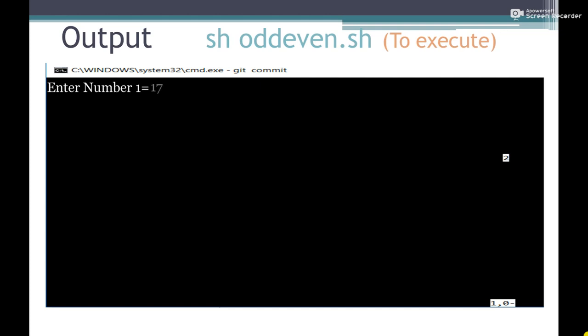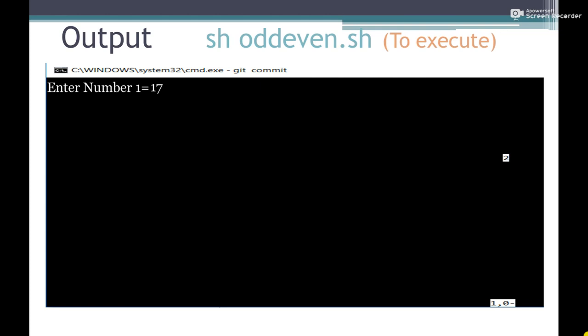Suppose I write 17 here, so 17 will be stored into the variable a, and as we have written $a % 2, the number we got from the user is divided by 2 and the remainder is stored into the variable c. By dividing 17 by 2, the remainder will be 1.